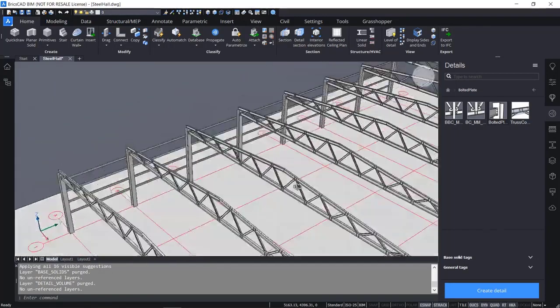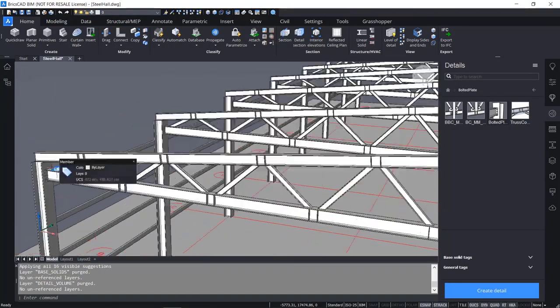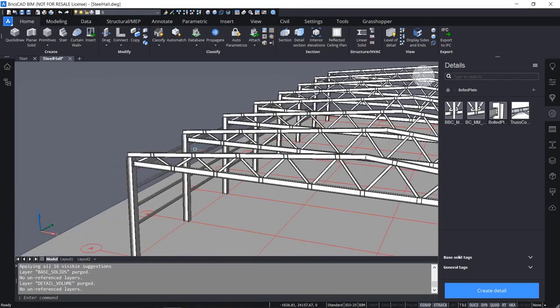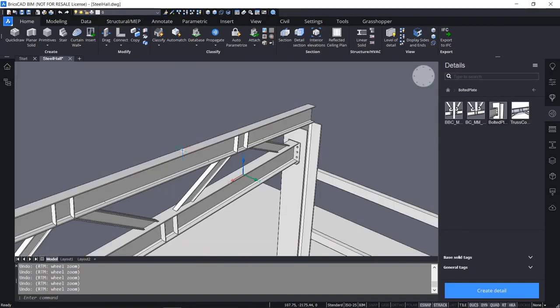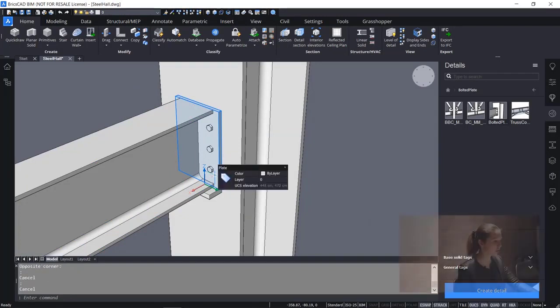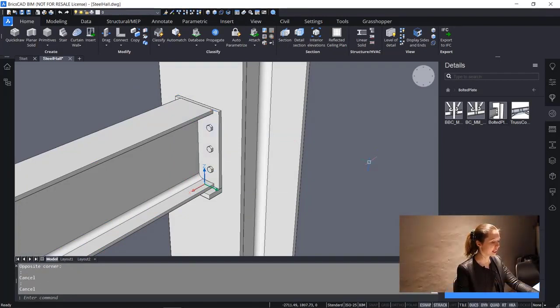So that's easily how you create a detailed connection, but as you have seen before, the bolts were interfering with my column and my plate. So I want to adjust that. For that, I will just undo some steps. So I will undo until the point that I have these loosely classified elements again. And now, instead of making a block from it, I want to make a component from it. Why is that? I want to be able to replace the component by another component that's already in your starter